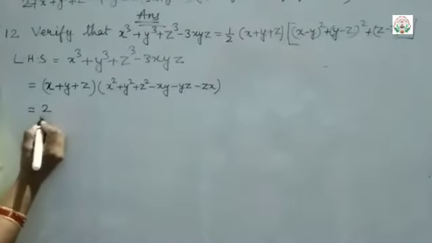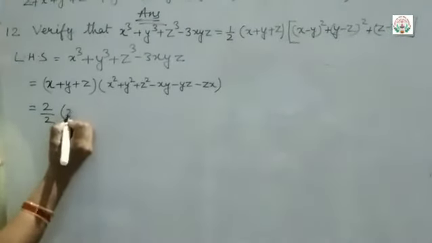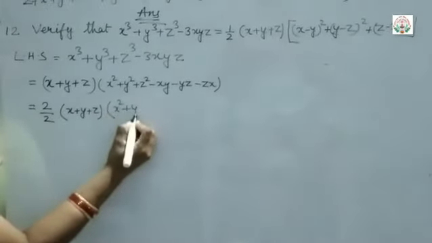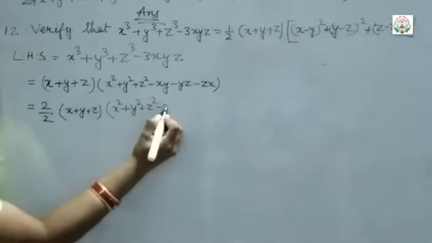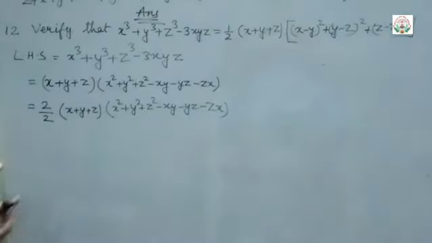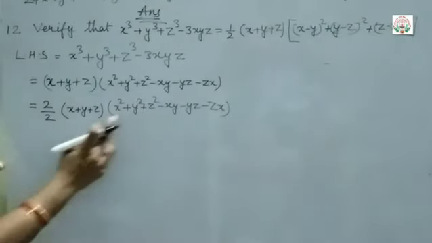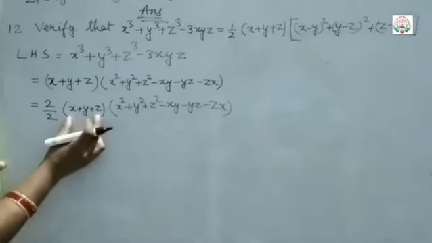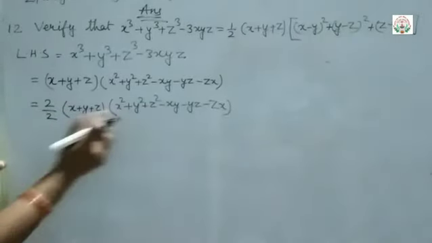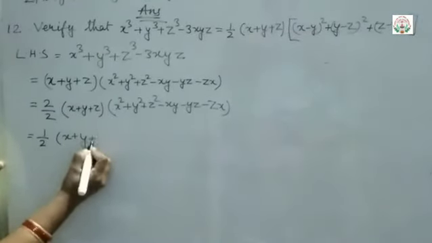Now, in the numerator and denominator, we will multiply and divide with 2, and then write the same. That is x square plus y square plus z square minus xy minus yz minus zx. So now what will we do? This numerator will multiply here in this part. The first part will be left out as it is, written as it is. This part we will multiply by 2. So it will be 1 upon 2 into (x plus y plus z).